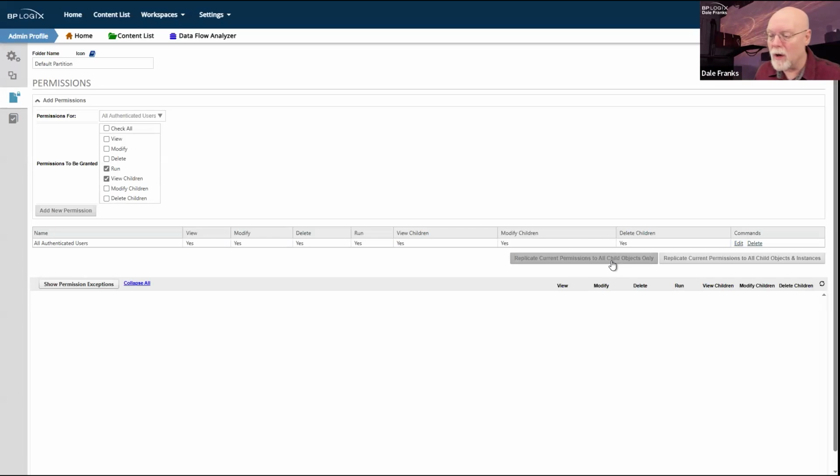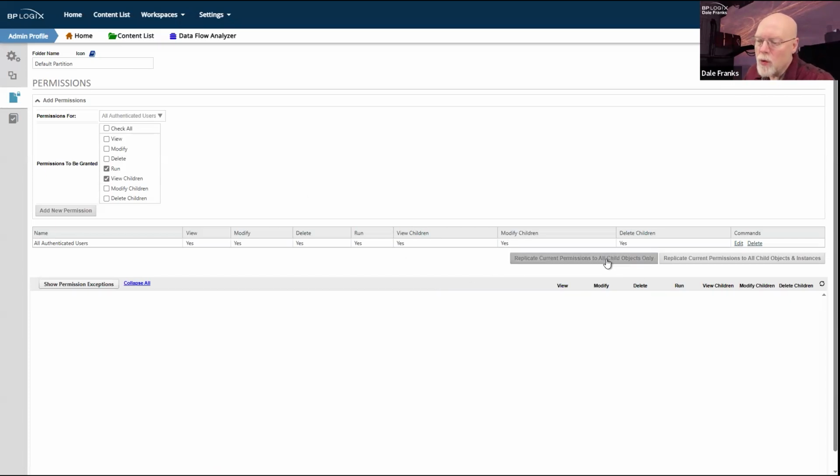And then you're going to want to replicate those permissions to all child objects if it's an existing system. That way you can ensure that people can see the permissions. It does get a little complicated on a production system because there are probably some folders where you have special knowledge views for managers or for people in a specific group.